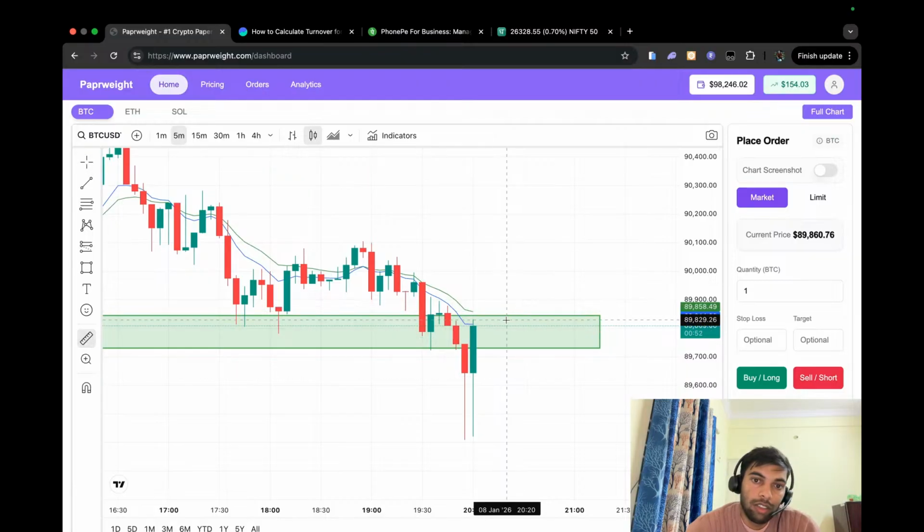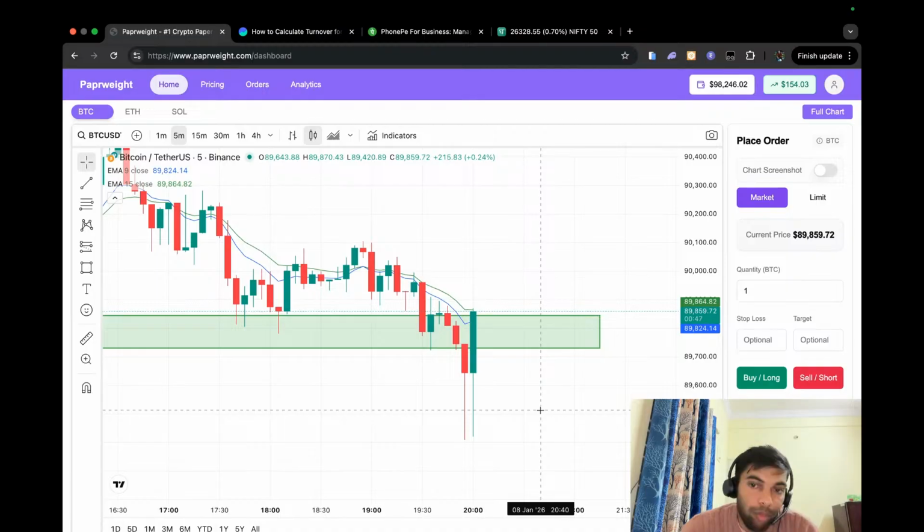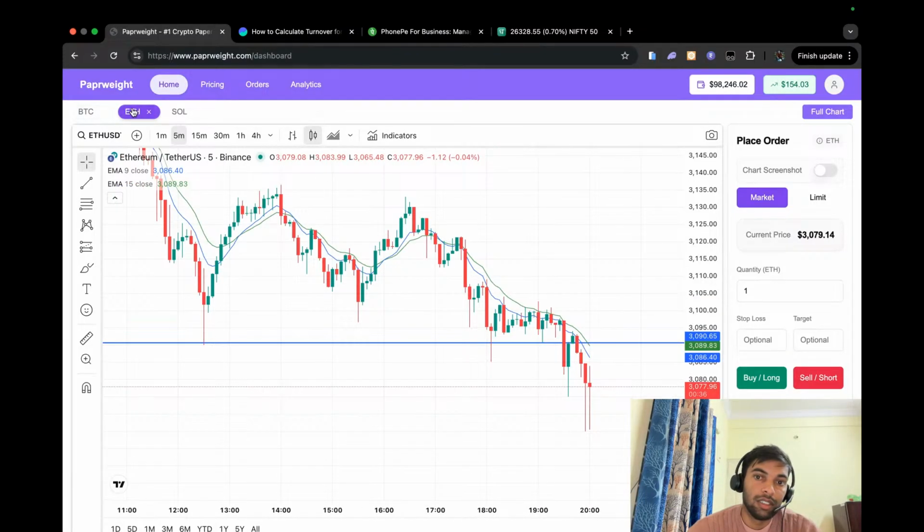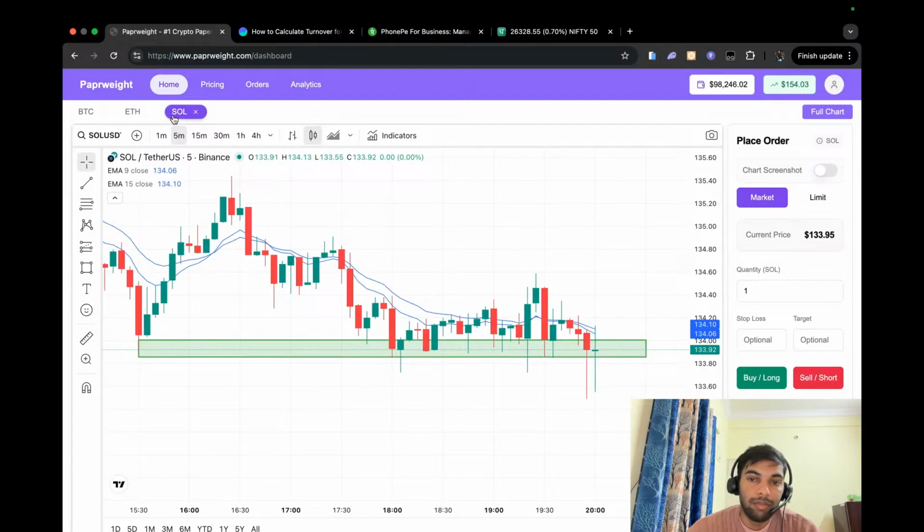The size of this candle is still, see, the size of the candle is 400 points, so it moved in both directions, like 200, 300 in the downward direction, then coming up by eating all the stop losses of all the sellers. So it is really playing with the sentiments of